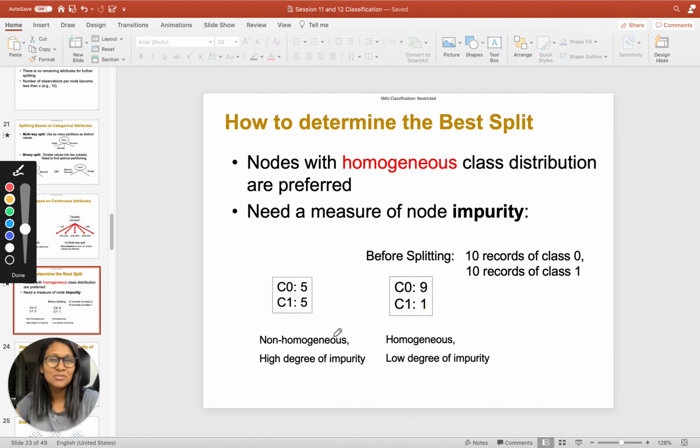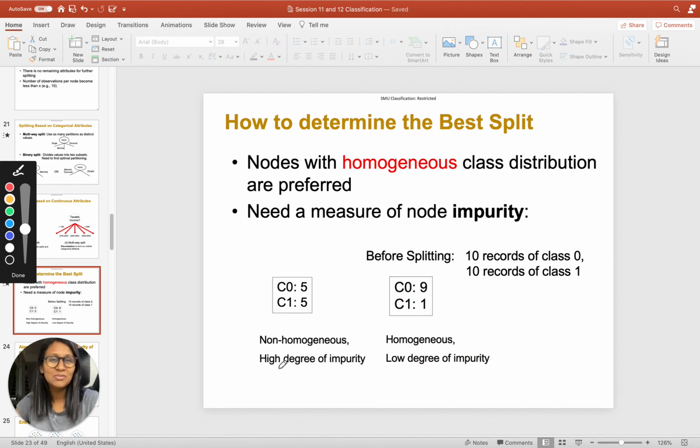If I asked you which node is more impure, you're going to say that this node is more impure because it has 50% observations of one class and 50% observations of another class, so it has a high degree of impurity. Whereas this other node, which has 90% observations of a particular class and only 10% observations of another class, has a low degree of impurity.